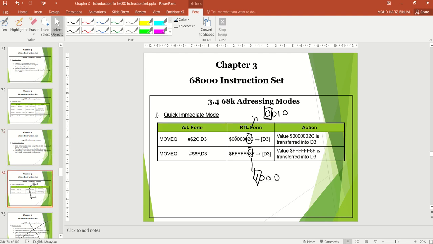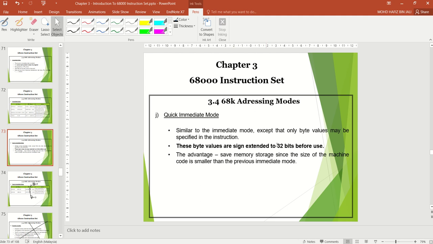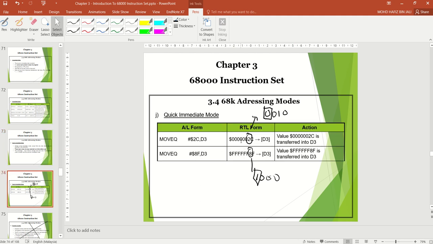Secondly, you need to fill up all the 32 bits, depending on the value you want to move. This one, 8F: you need to see the binary form of 8, which is 1000. If the MSB is 1, you need to fill up with FFFF.